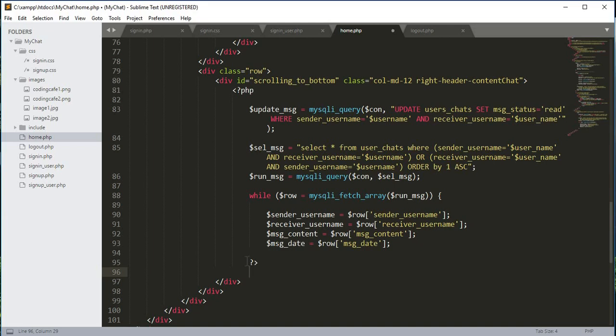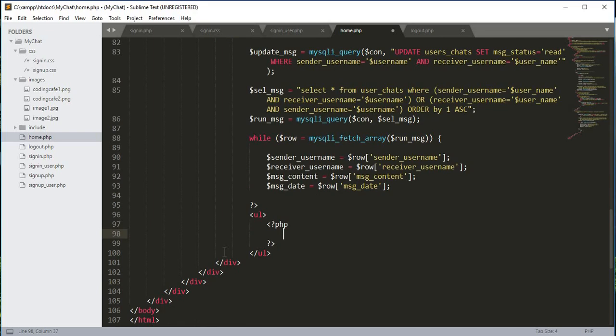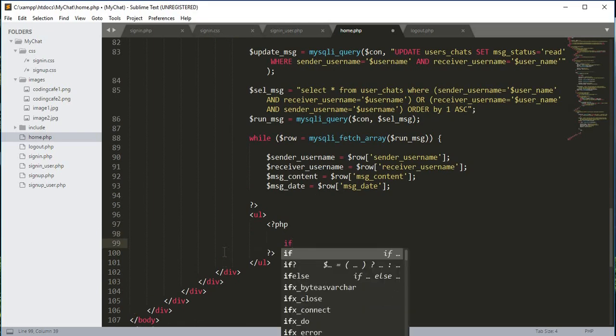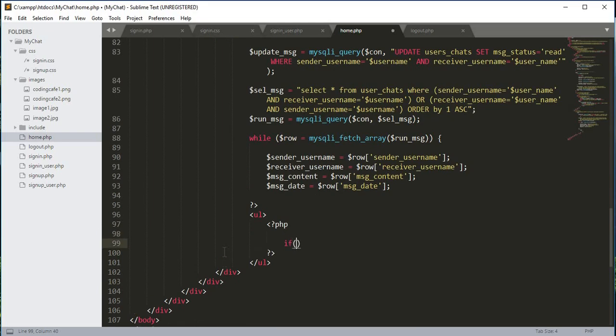So for that, after that PHP closing tag, we will open up an unordered list, and inside this unordered list we will open up PHP tags, and inside these PHP tags we will open up an if condition, if $user_name is equal to the $sender_name